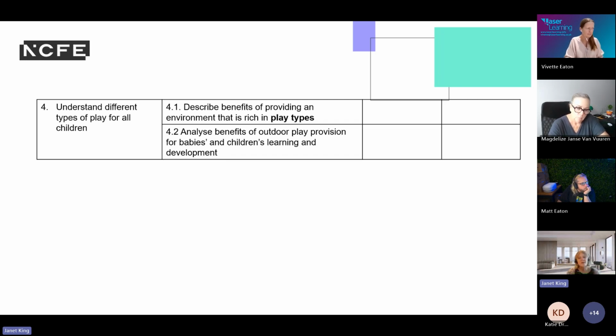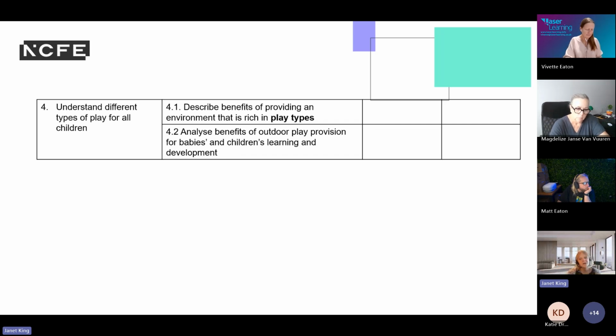Now, this is also a really good opportunity for students to start reflecting. So we're thinking about different types of play. Let's understand what Bob Hughes brought in his taxonomy of play, and we're thinking about those 12 features of quality play as described by Tina Bruce, and anybody else that you want to bring in. But as I say, those are the 2 that are listed in the qualification.